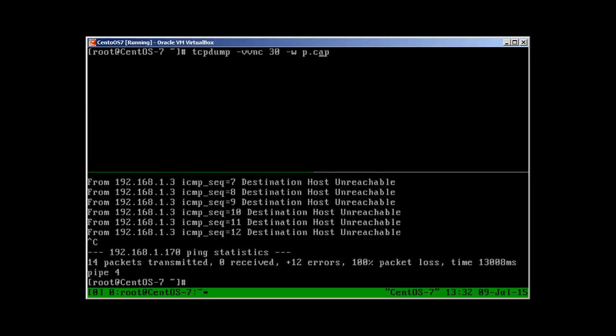What I'm going to do is capture 30 packets of tcpdump and write it to pinger2.cap, and then I will ping. Because this system is dead, there is no such system, that's why it's not able to ping, or the destination host is unreachable. You can see the error message on the screen right away. So just to see what tcpdump will show us, we will see the ARP request. So let's check that. Okay, Control B,